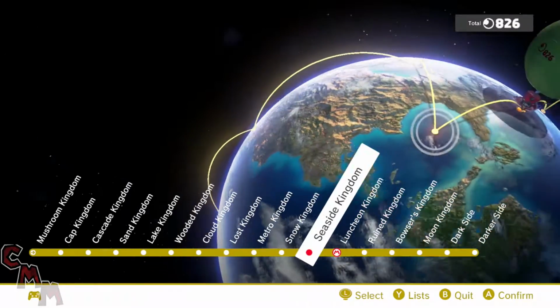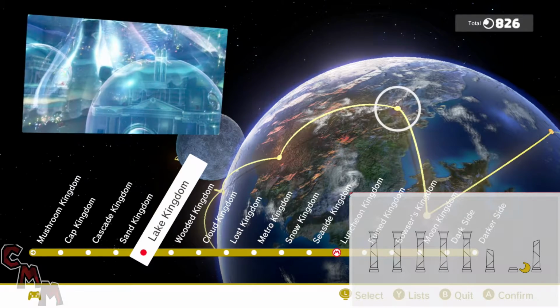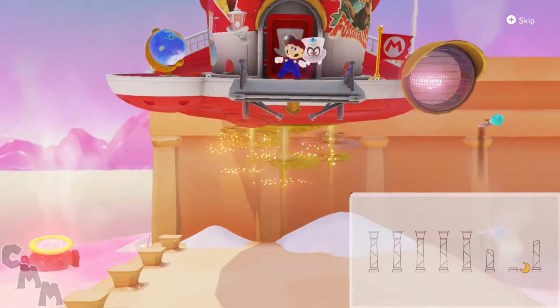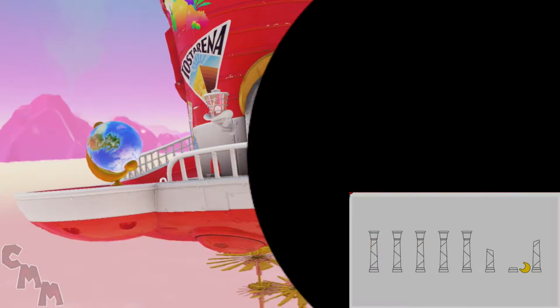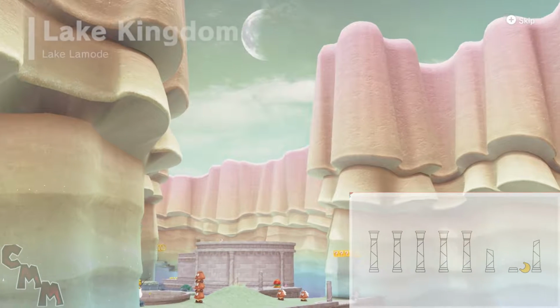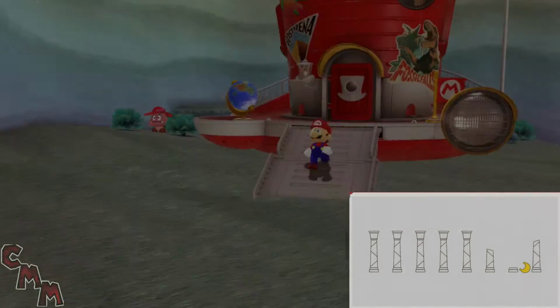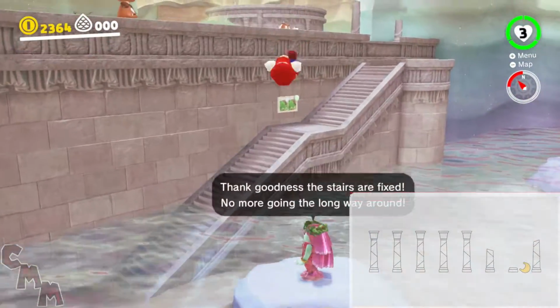Next up is Lake Kingdom again. I think. Yes. This one is slightly easier to figure out than the others because it's showing a bunch of pillars and then one of them is broken, and in Lake Kingdom there clearly is a broken pillar, so you would use ground. Okay. Alright, almost there. Boy. Aw. Now we have to go over to the area that has the...